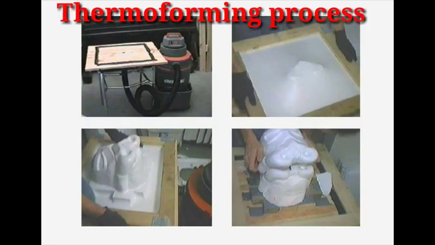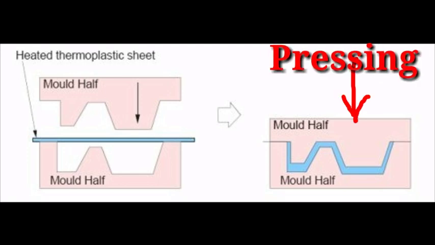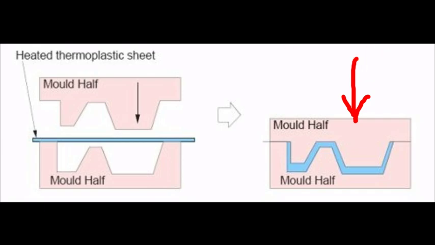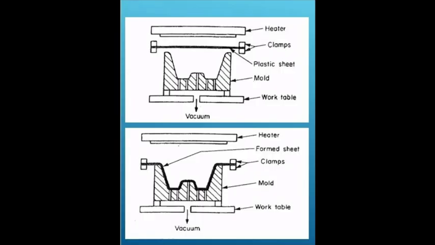In the thermoforming process, matching molds are also considered. You can see this image. That means the mold is divided into 2 halves. One is the fixed half and the other one is the moving half. The sheet becomes heated. Once the sheet is heated, the moving mold half is pressed to the fixed half. This is similar to vacuum forming, but it produces a more detailed and controllable product. This is the thermoforming process with matching molds. That is one type of core and cavity we are making here.